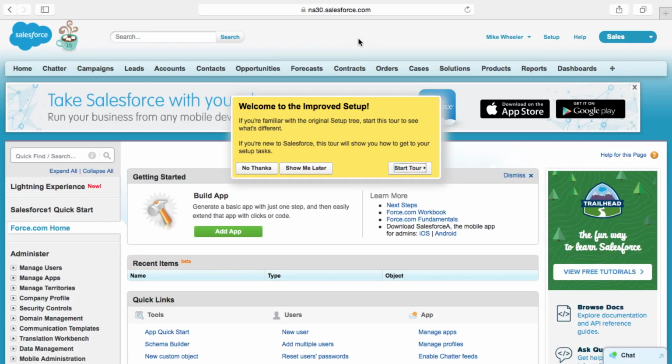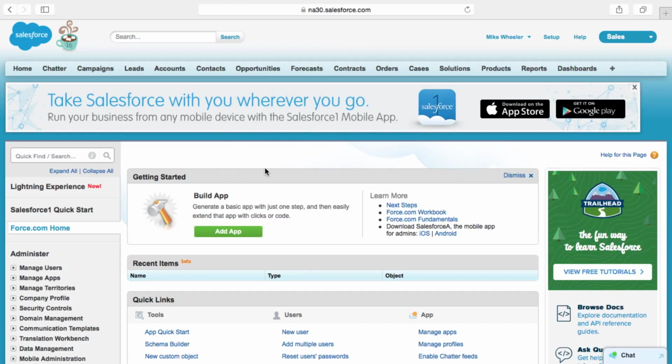And the first thing that you should see is a greeting showing welcome to the improved setup. We're going to go ahead and click no thanks here. So we just dismissed the tour of the interface because we'll be going through the interface thoroughly as we go